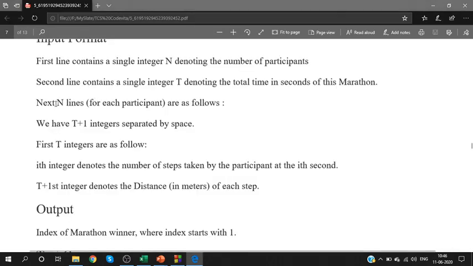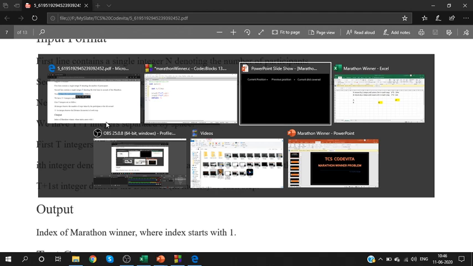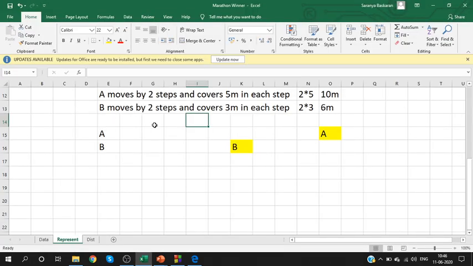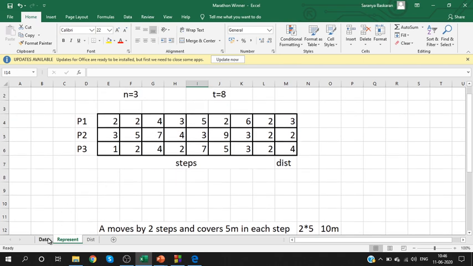After this, what will happen? You will have n lines for each participant. Yes, if I have 3 participants, we have already discussed this. If I have 3 participants, we will have 3 lines. What do these 3 lines indicate? The data for each participant, right? So how could I store this data? Is it efficient to use 3 single arrays or can we use just a 2D array? What will be the best solution here? Using a two-dimensional array. Okay, let's get really comfortable with the 2D array. Even if you don't get comfortable with the 2D array, at least know how to access the values in a 2D array.